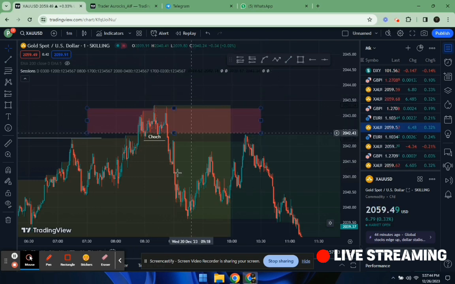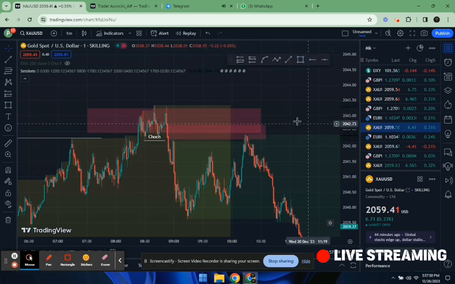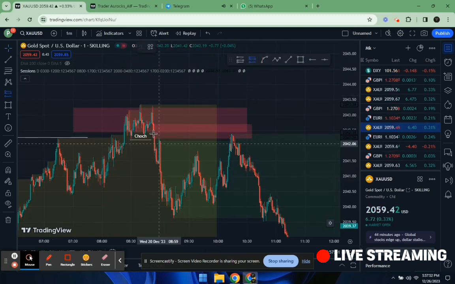You can see that price after taking the chalk came out. Some aggressive traders would have entered here. The stop loss would have been wider. But yeah, this is the perfect place to enter. Your stop loss should always be above the high,